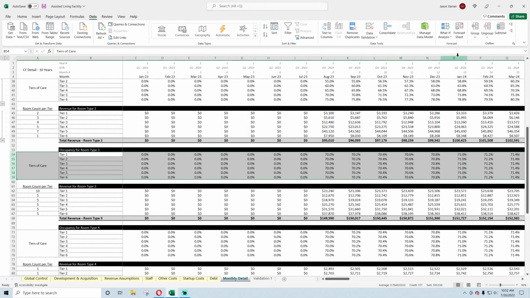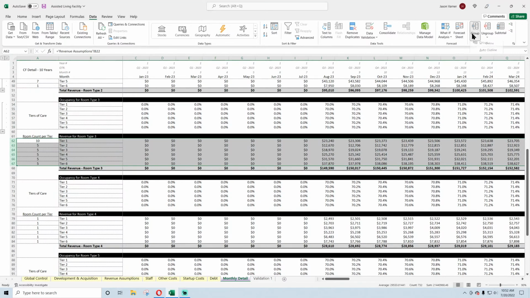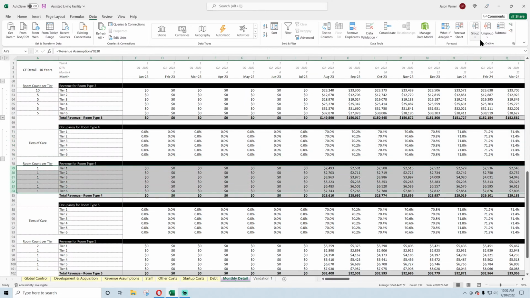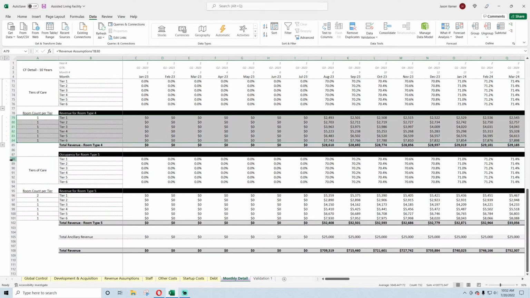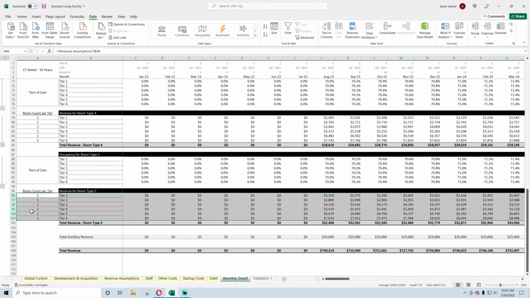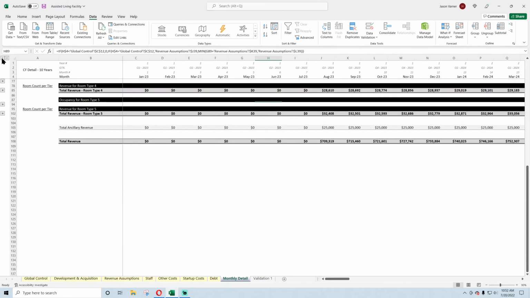But you can also dive in to see how each number is being come up with. So now if I just hit the little 1 up here,